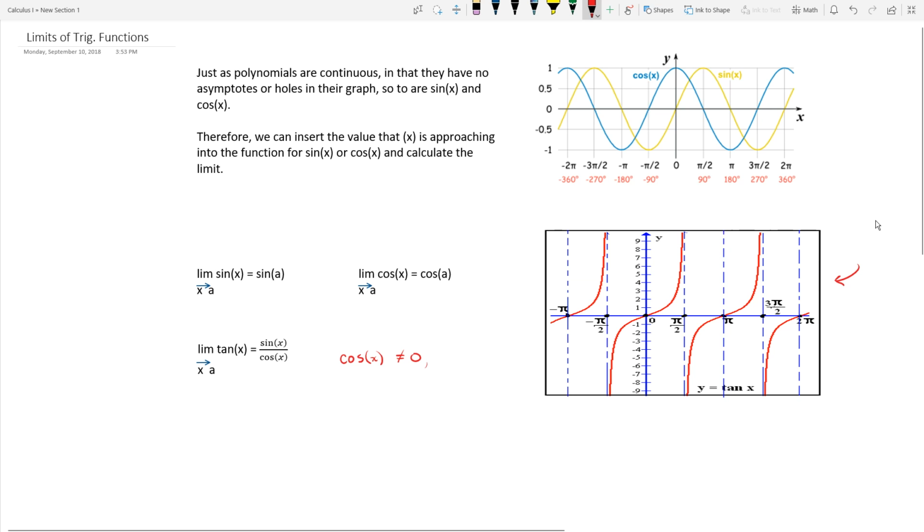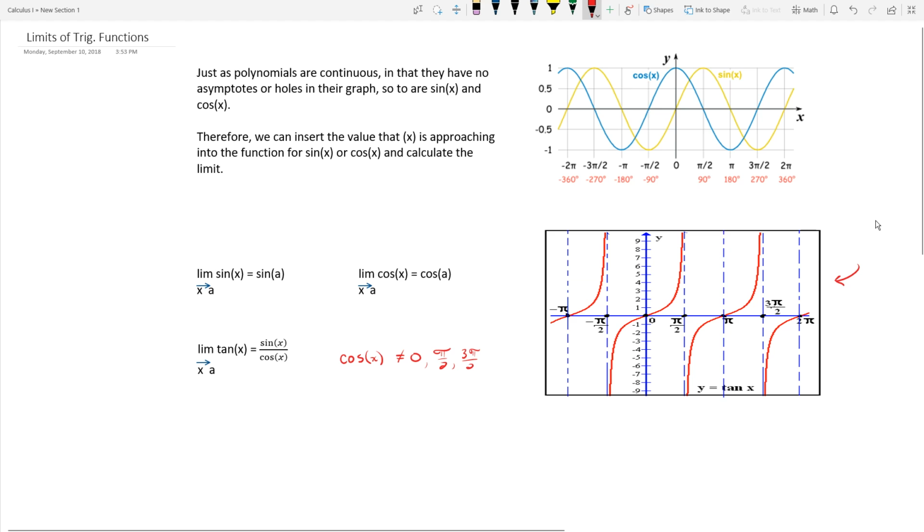The asymptotes occur at pi over 2 and 3 pi over 2 for a basic trig function. So as long as we keep that in mind,